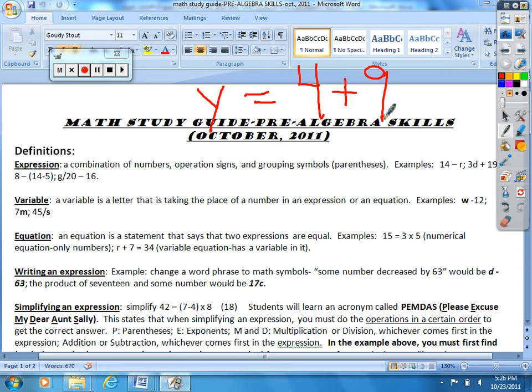That's an equation because it's a complete sentence. In other words, I'm saying that this side equals this side. It's a complete statement. Well, this is an